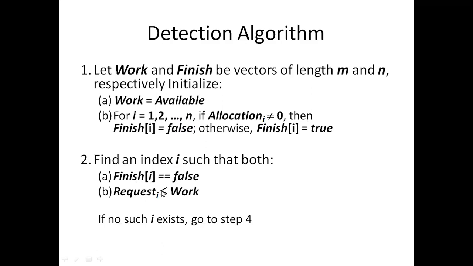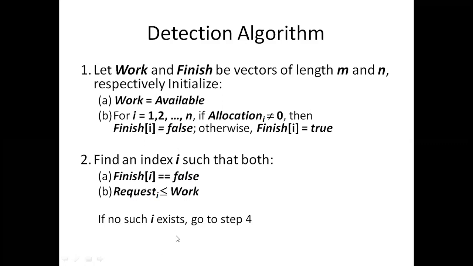Our request must be less than or equal to work. What is work? Work is available. Available means the available number of resources. Available resources are 10, but you are requesting 12. You should not request more resources than are available in the machine. Do you got my point? So work means available, work equals available. You can substitute here: the process request needs to be less than or equal to available.